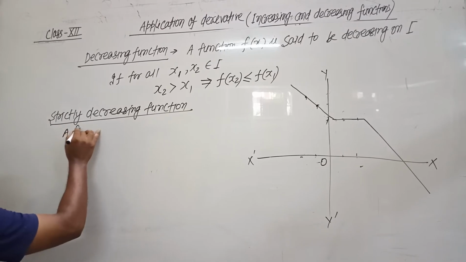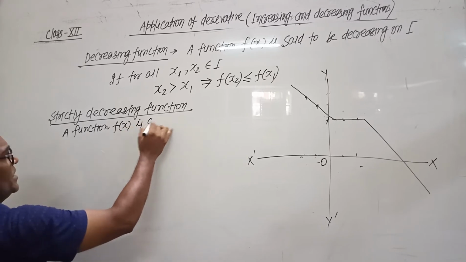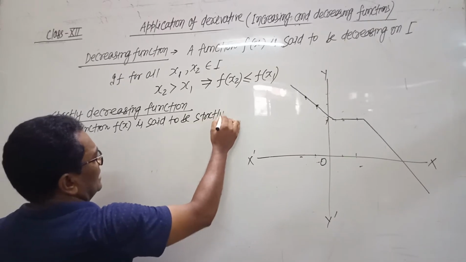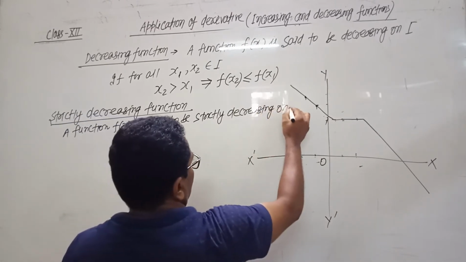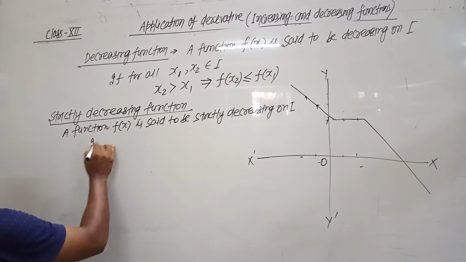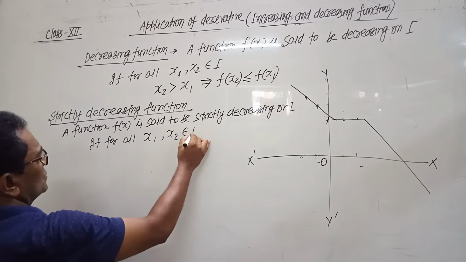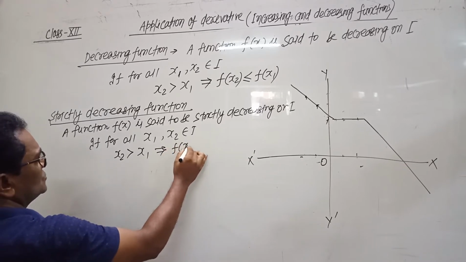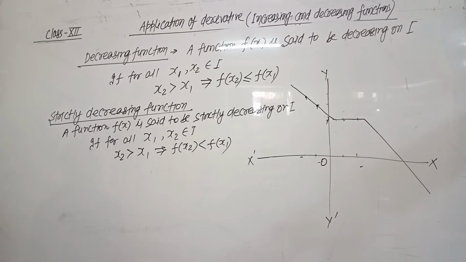a function f(x) is said to be strictly decreasing on interval I if for all x1, x2 belongs to I, for x2 greater than x1, f(x2) is less than f(x1). The equality sign gets removed, and the graph of this function is